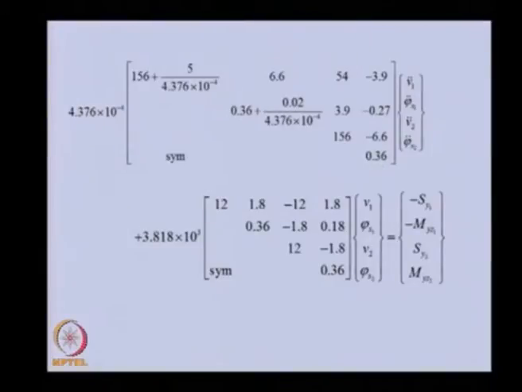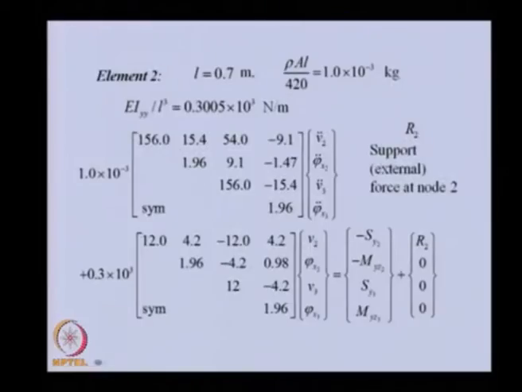This is for element 1. Similarly, for element 2, because the element length is different, we will have properties like this. In element 2 there is no concentrated mass, so the mass matrix and stiffness matrix will be like this. In this particular case, this is the reaction torque and reaction forces. Apart from this,